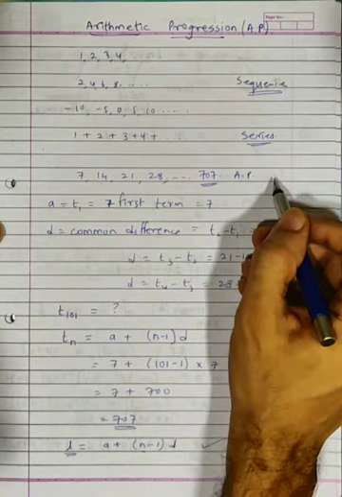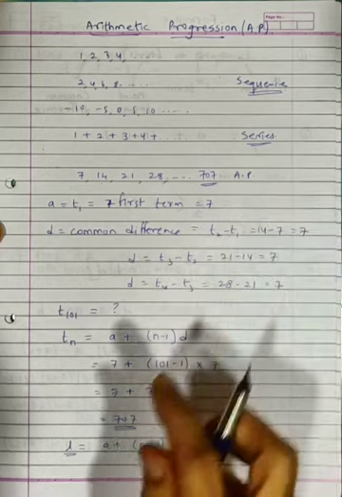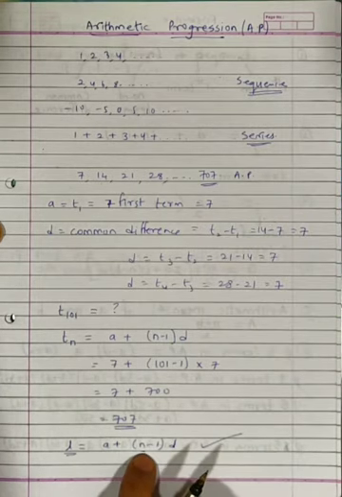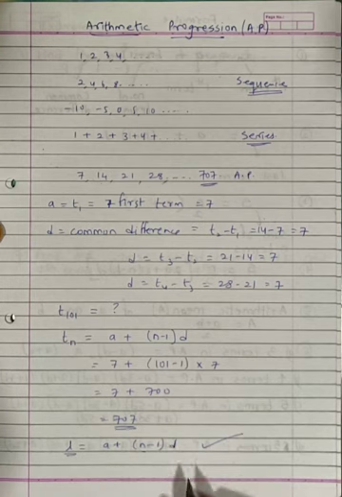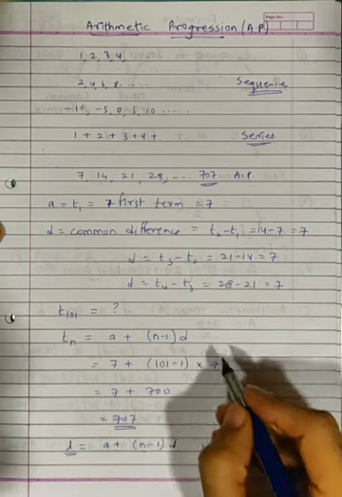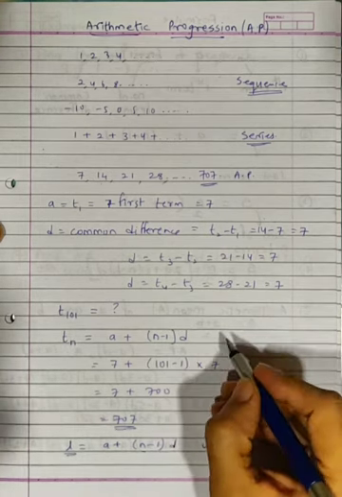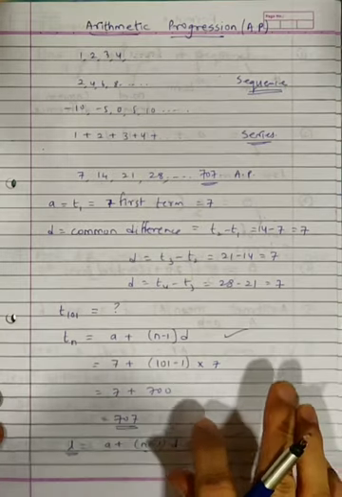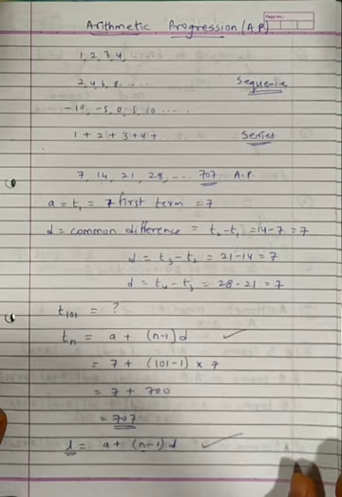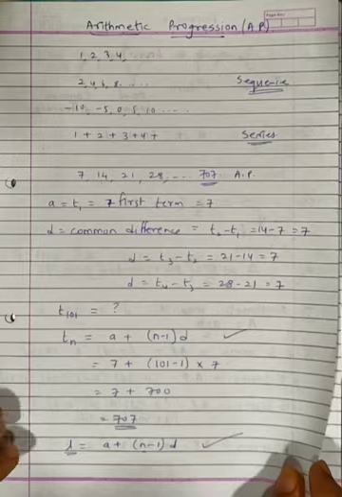Like if I say the last number was 770, then you can use this formula to find which term is the 770. So when we do some more problems based on this concept, it will be clear to you. First, you can see formula number 1 is the nth term, and here L means the last term. These are the formulas we are going to use. There are a few problems based on these formulas, so we'll do this kind of problem now.